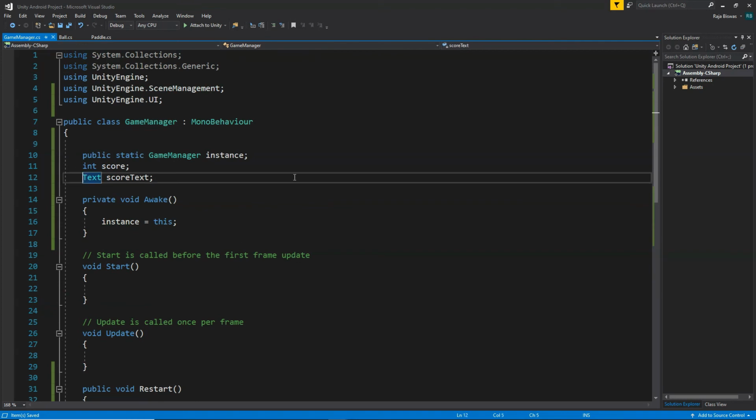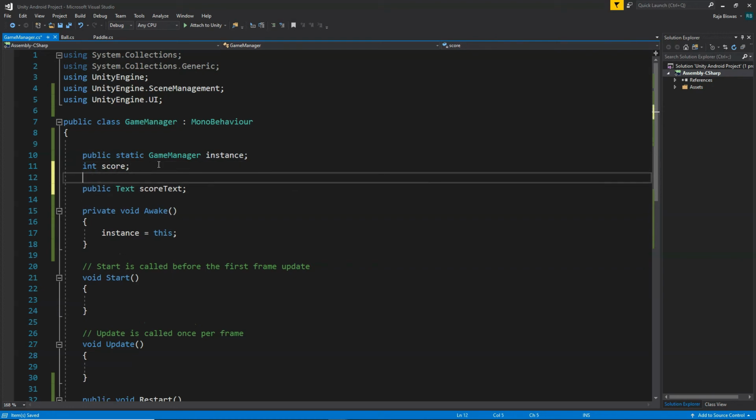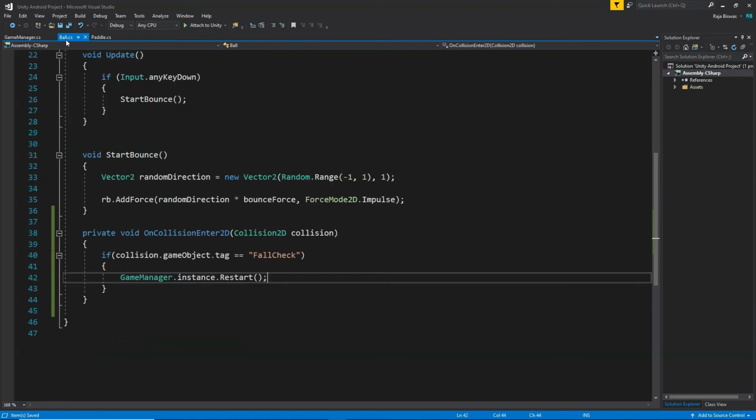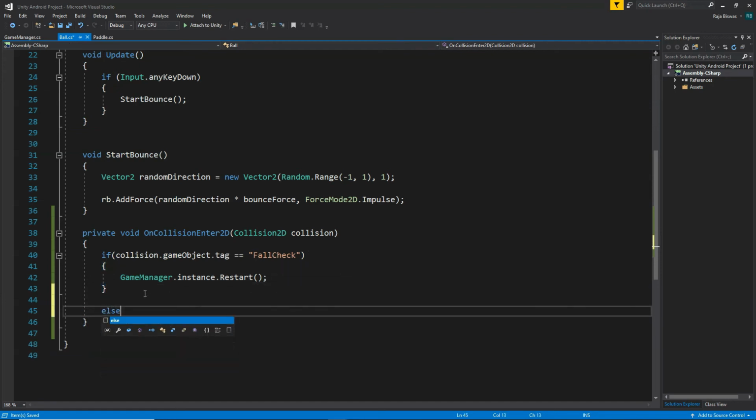Now we're going to make it public. We're going to make our score text variable public because we need to drag and drop our score text in this reference so that we can get access to that score text. So now we need to go back to our ball script. And as you can see here, we are checking if our ball is colliding with the fall check. The same way, we're going to say else if